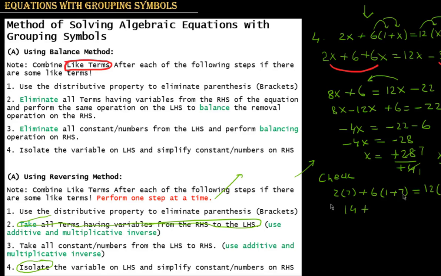plus 7 plus 1 is 8. 8 multiplied by 6 is 48. 7 minus 3 is 4. 4 multiplied by 12 is 48 plus 14. So on both sides we get 62 equals 62. So it means the equation is balanced. So our answer was correct. So these were the 4 examples of equations with the